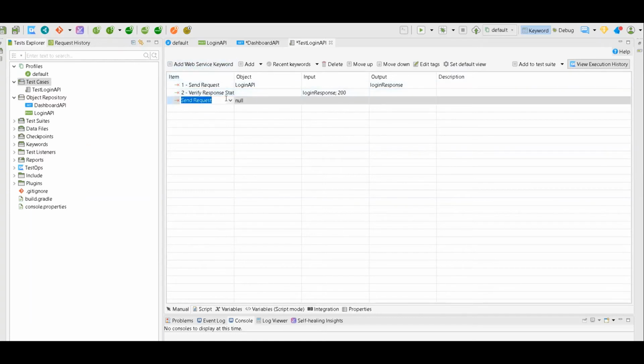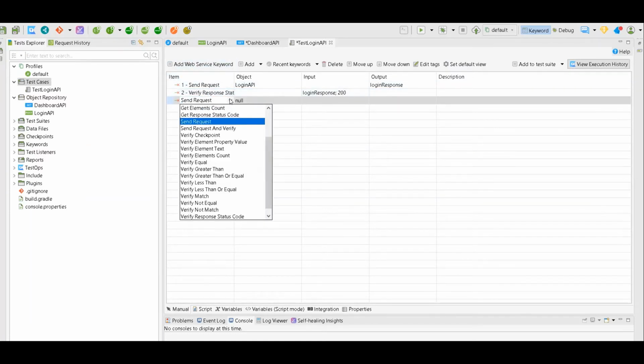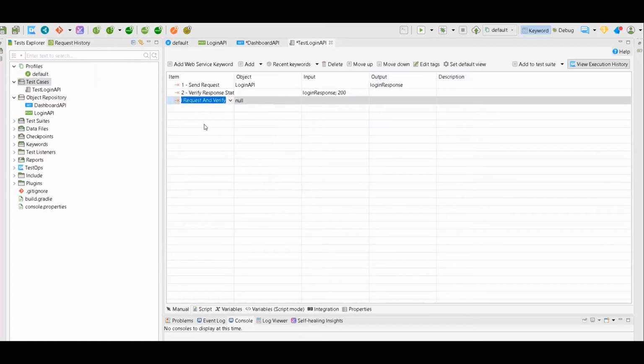Similarly, you can also check whether the element value is correct or not. For that, you have this send request and verify.